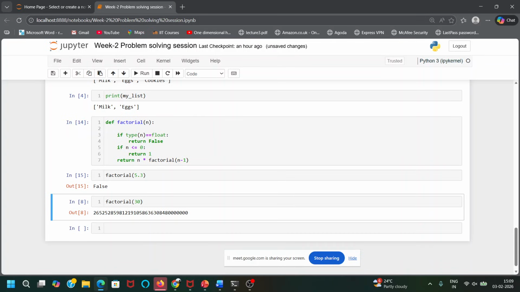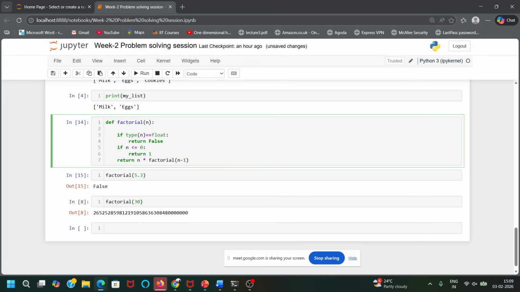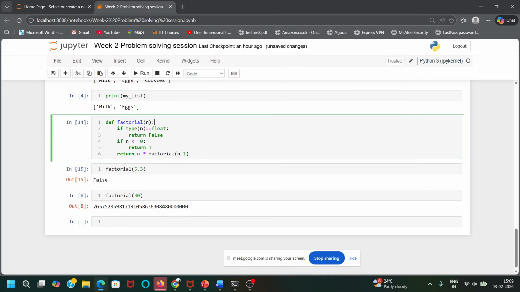I have defined one extra condition here. So it will check if it is a float. If it is a float, it will return false. Or you can also write some statement here.